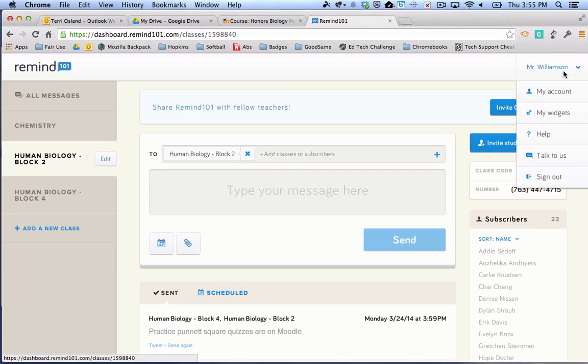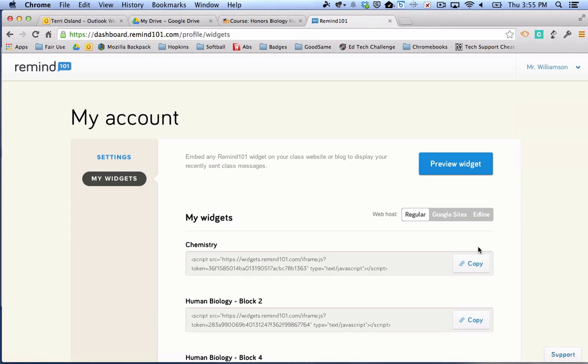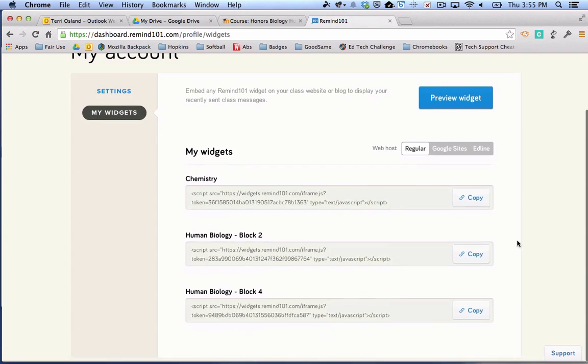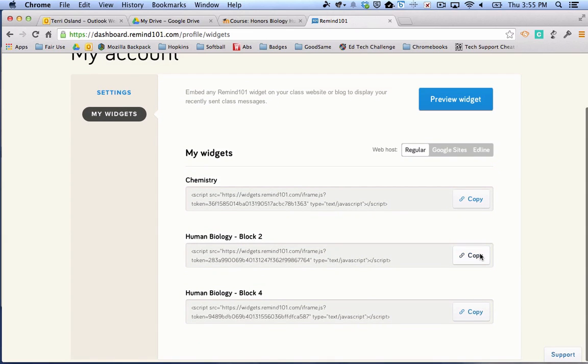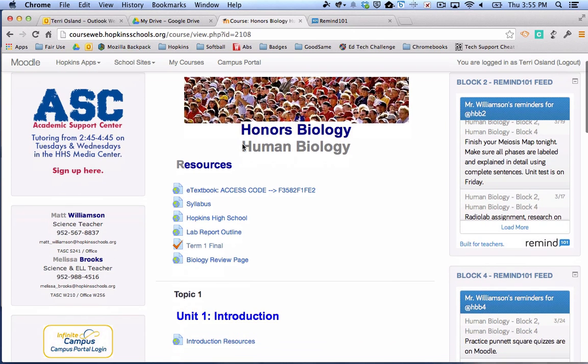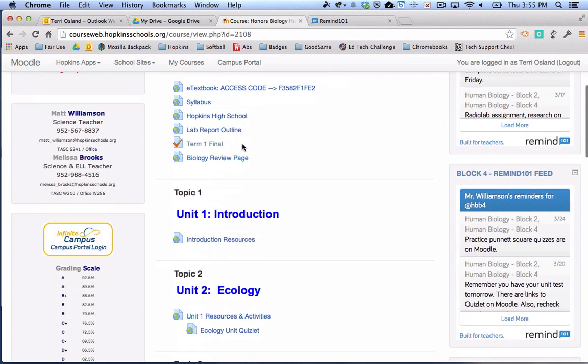And the way that you go about getting that on your Moodle page is through the creation of a widget. So when I go under the Mr. Williamson account menu and I go to my widgets, then these are his 3 courses. You can copy this code. So for this, if I copied that code and then I go back here, the way that you would install that widget or place it on the page